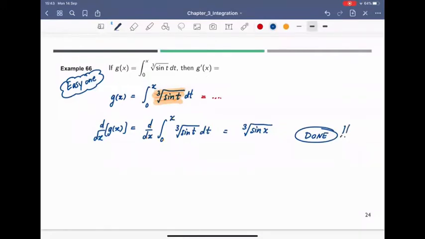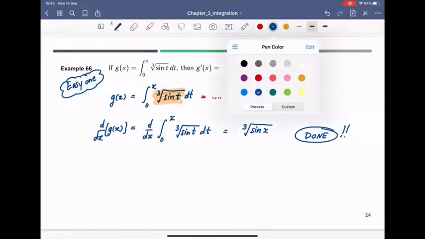Pretty simple like that. And then you get 2 points on the exam easily. So this is called the fundamental theorem of calculus. So what you have to memorize is